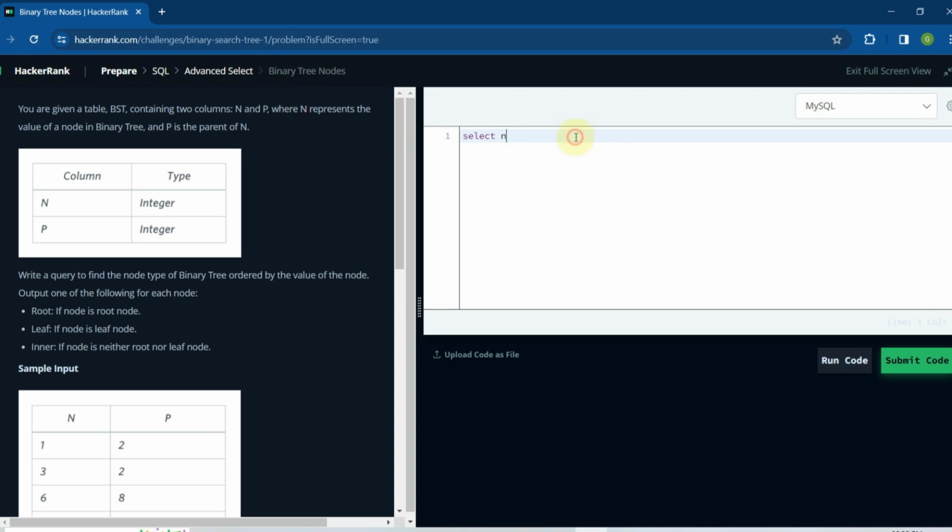n. So first we need to use the n. So n represents the value of node in the binary tree. P is the parent of n. So where p is null, then it will be root. If there is no parent, it will be considered as root node. You have to type when n